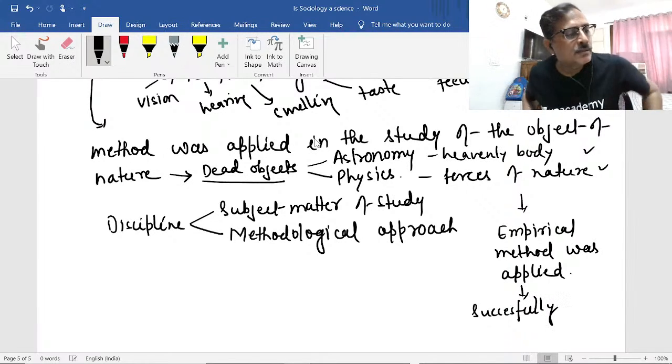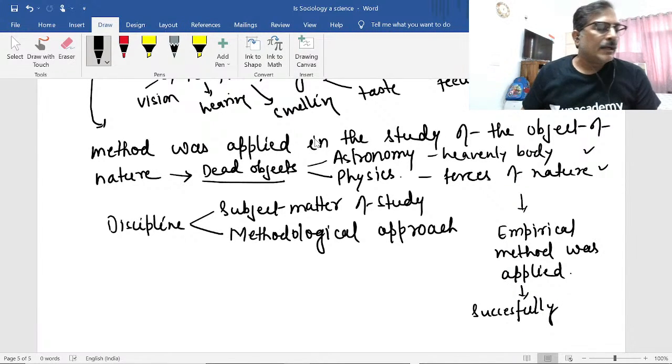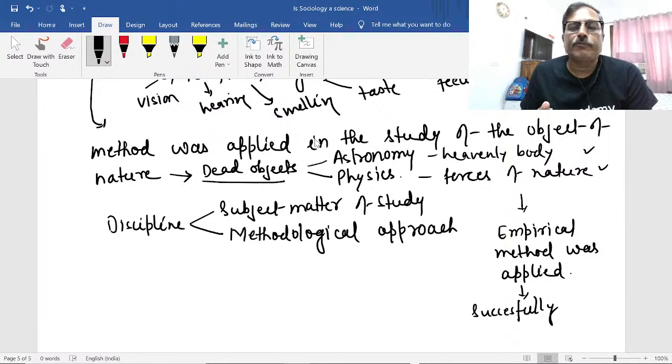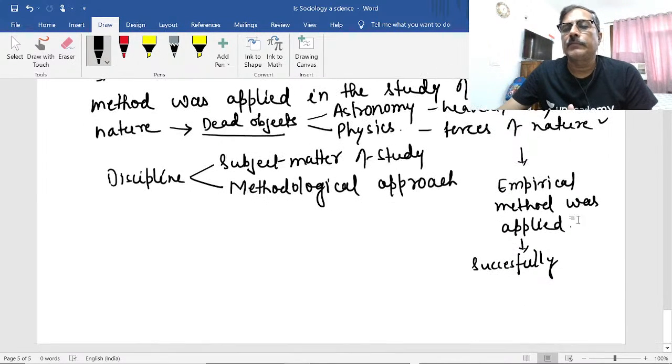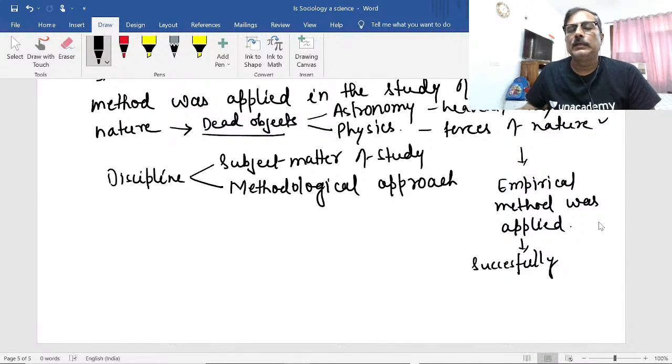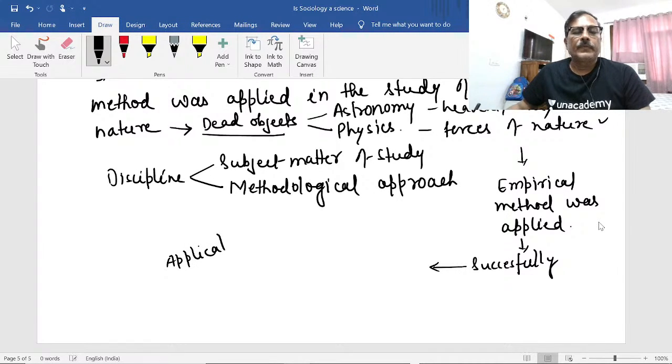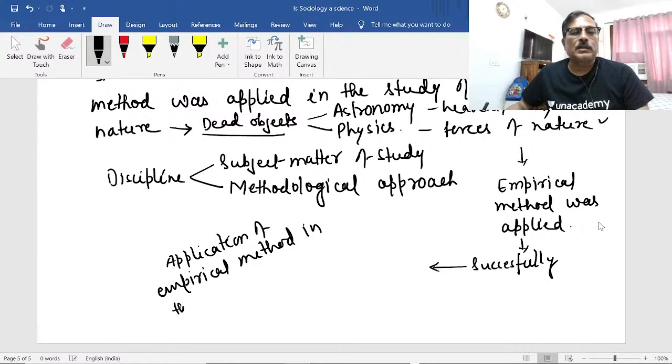The application of the empirical method in the study of objects of nature